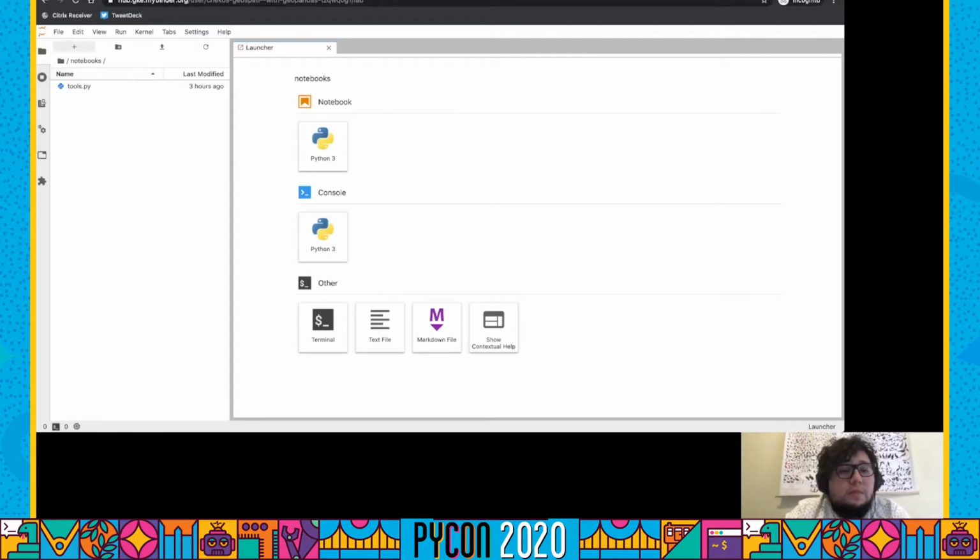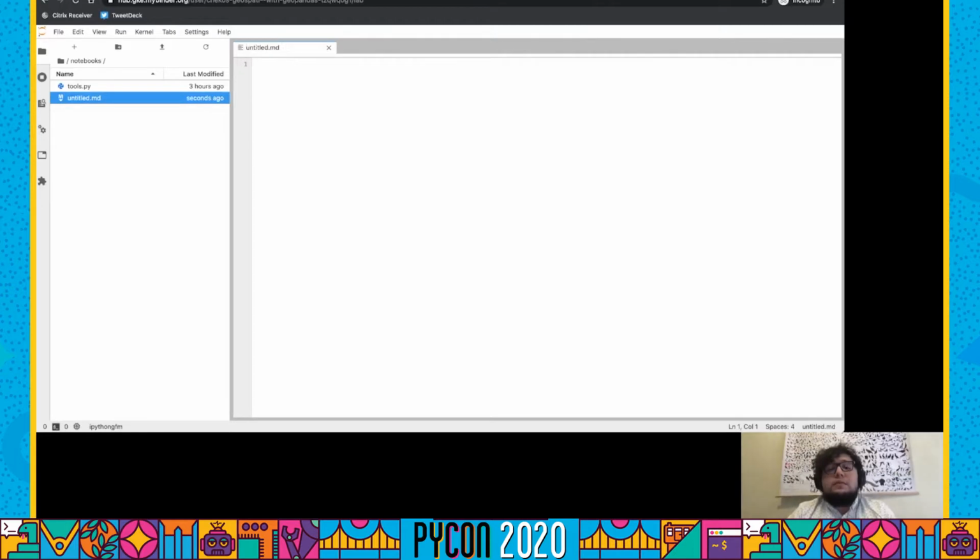Okay, so we're gonna go in the notebooks folder, and first things, we're gonna create a markdown file with the steps that we're gonna be doing. So the very first thing in every research project is data cleaning, getting the data, cleaning that data, getting it ready for analysis. It's like 90% of the work that I used to do day to day as a researcher. So